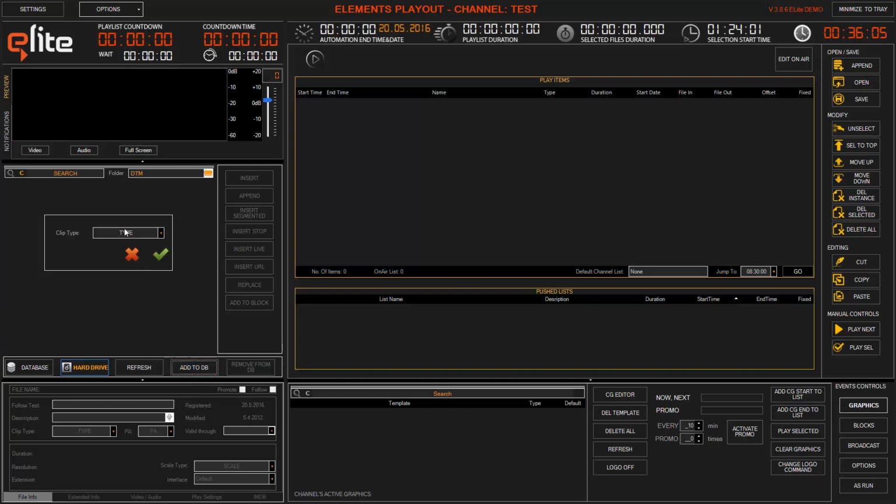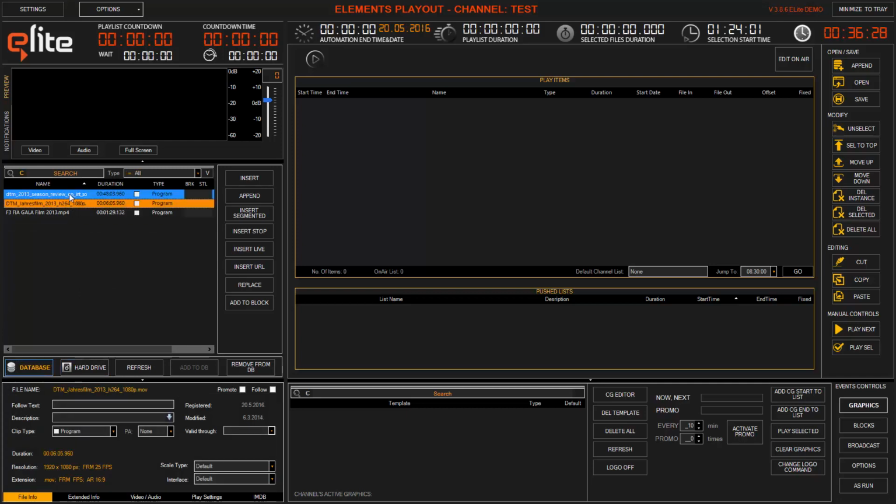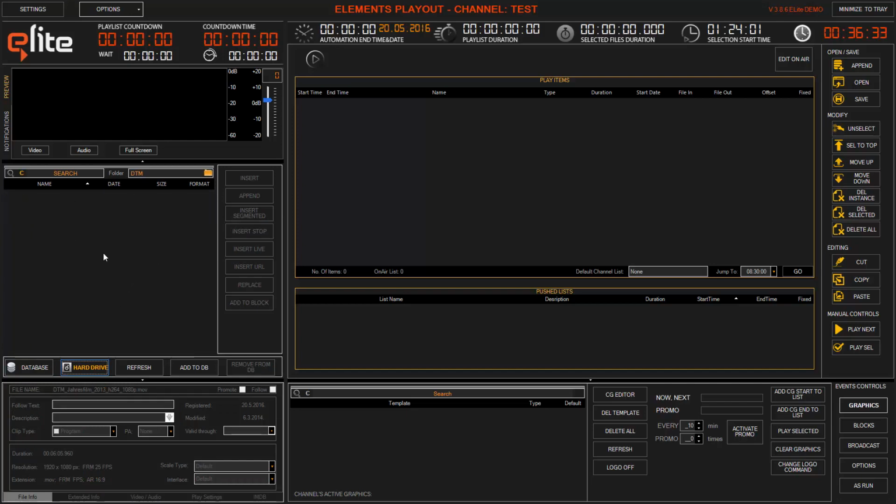Now we need to choose what kind of content we have. These files are what? Programs, commercials, promos, breaks, intros, anything. So I will choose program type. The last step is just to press the little green yes icon. Very quickly, our files are now in our database. Please note that already registered files are not visible in hard drive view anymore, so this will prevent double registration